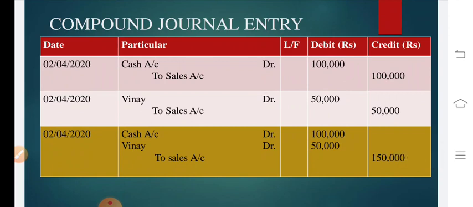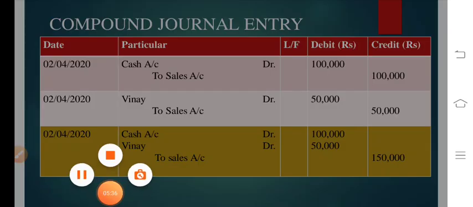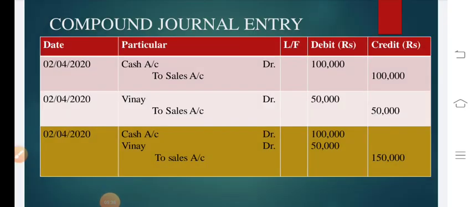Since we have sold goods worth rupees 1 lakh for cash, cash is coming into the business, and as per the real account rule, anything that comes into the business needs to be debited. Hence you can see here we have debited cash worth rupees 1 lakh. Sales is going out, and hence sales is credited by rupees 1 lakh. So the journal entry becomes: cash account debit to sales account.